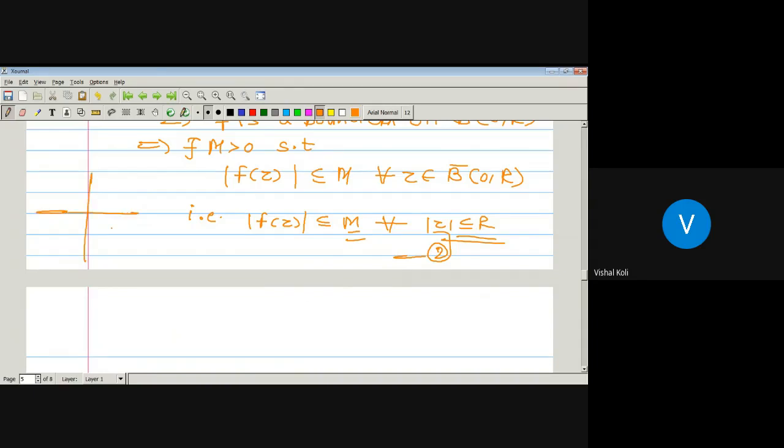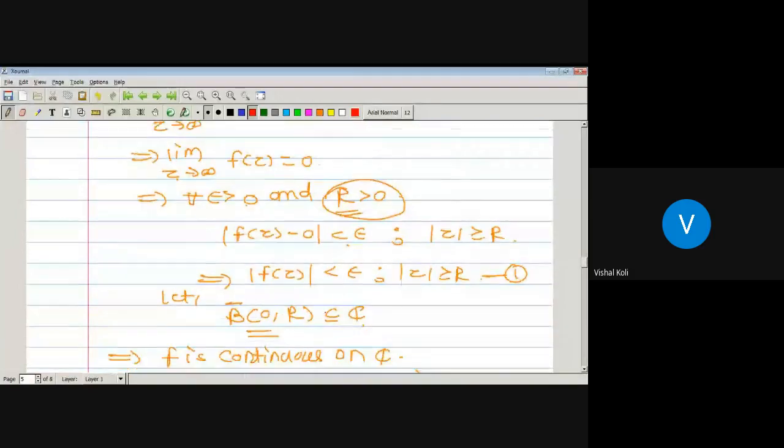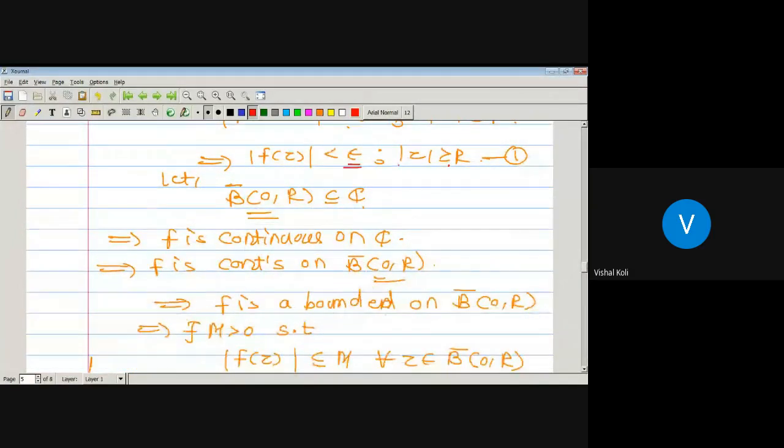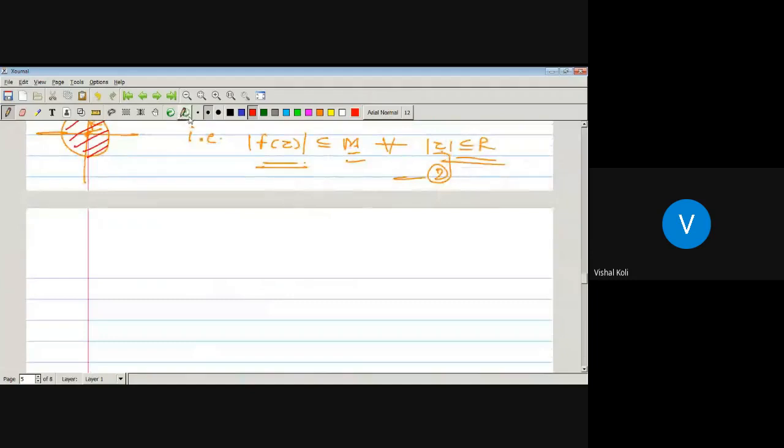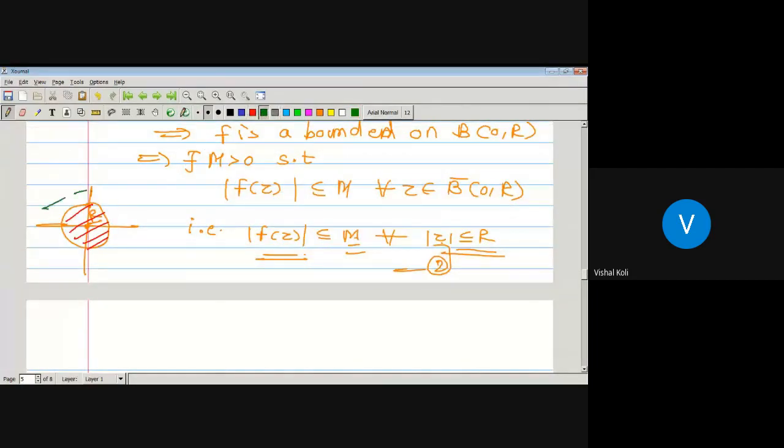म्हणजे जर इथं माझं काहीतरी सर्कल असेल, हा माझा सेंटर, and suppose this is a circle having radius r. हा ही इनइक्वालिटी काय सांगते? Modulus of f of z is bounded by this M within this circle, and for modulus z greater than or equal to r, it is bounded by this epsilon. It means the region outside the circle is bounded by epsilon. Then our total function modulus of f of z is bounded by whichever is the maximum value among these two, epsilon and M. Is it correct?